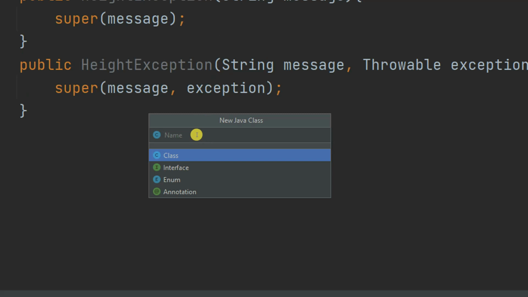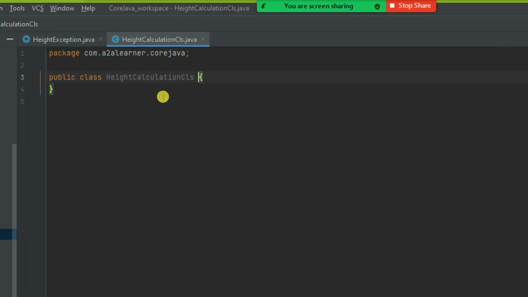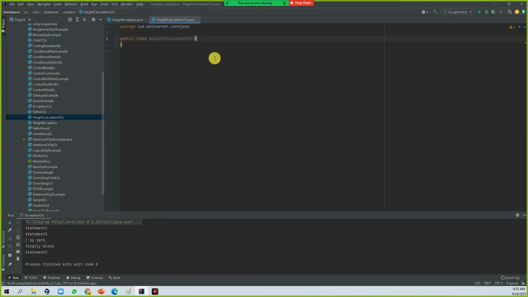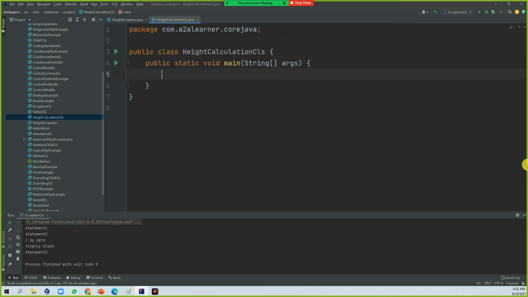So here is just a height calculation class. This is my class here, and inside it, public static void main.